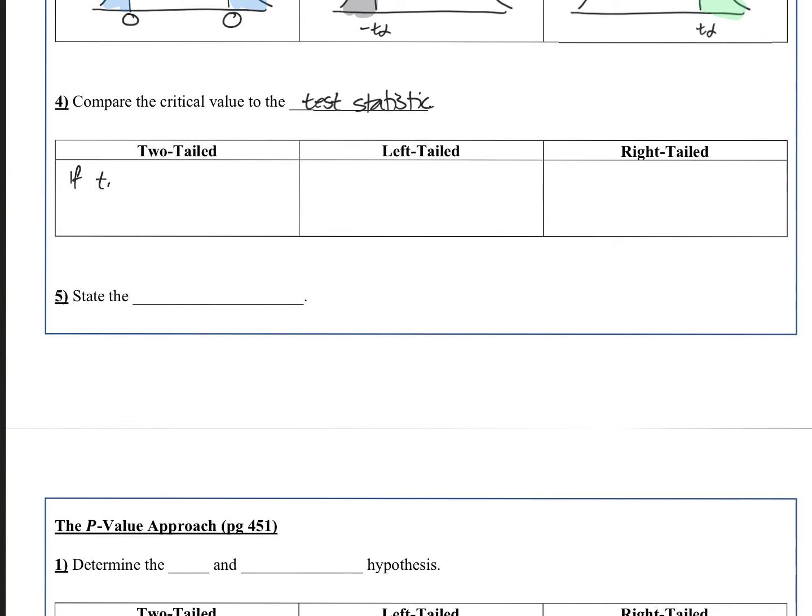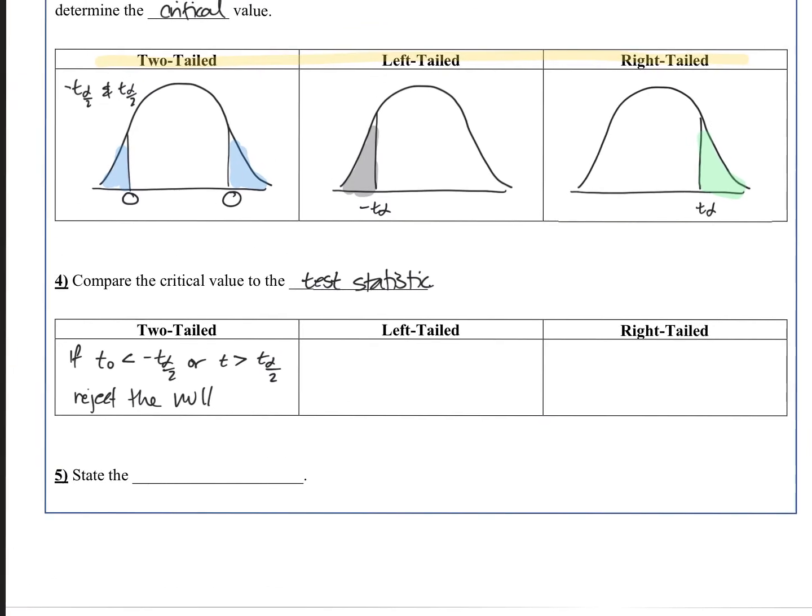So if your test statistic is less than your critical value negative t alpha over 2, or your test statistic is greater than t alpha over 2, we're going to reject the null hypothesis. So basically, what is that looking like visually? Well, that's saying that the test statistic that we found was somewhere smaller than or greater than the critical values. Okay, so because it was on either end, so far away of probability, then we would reject the